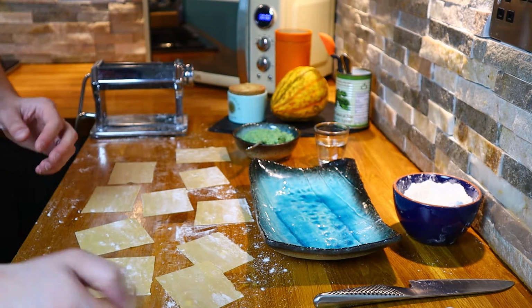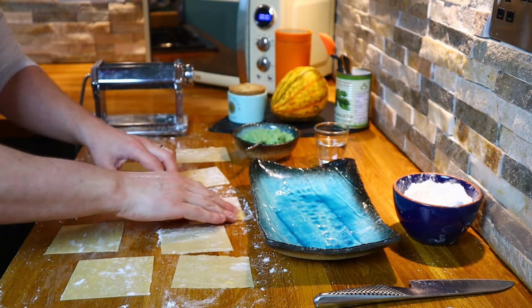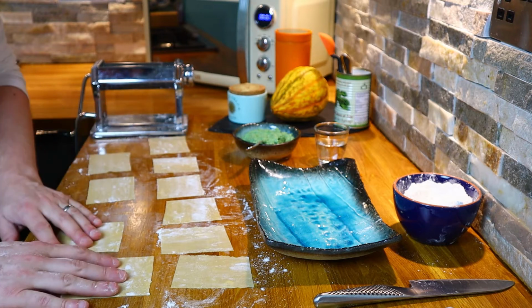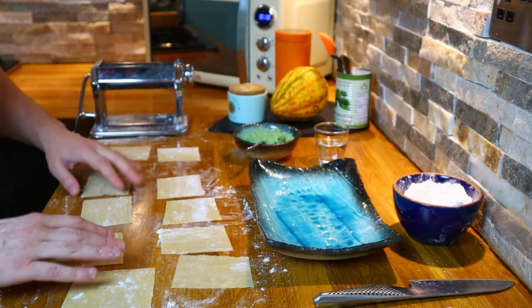Now with these squares, if we just arrange them so they're a bit more uniform on the bench, and I've ended up cutting an odd number. Oh no, I've not. I just can't arrange them properly. So